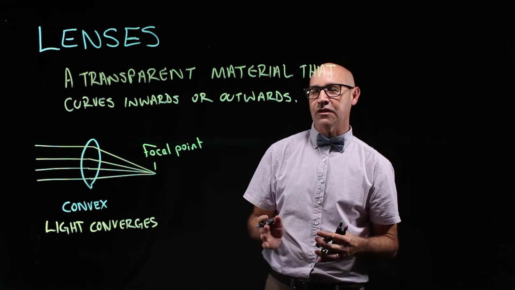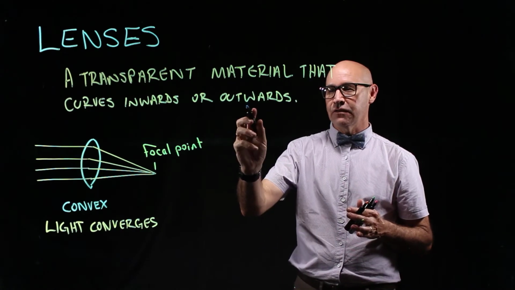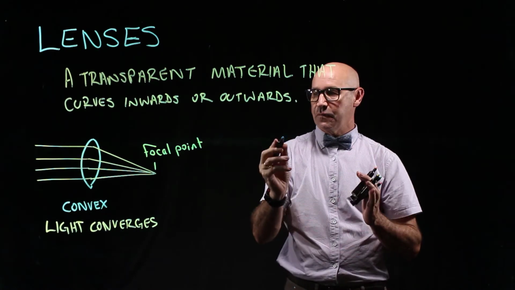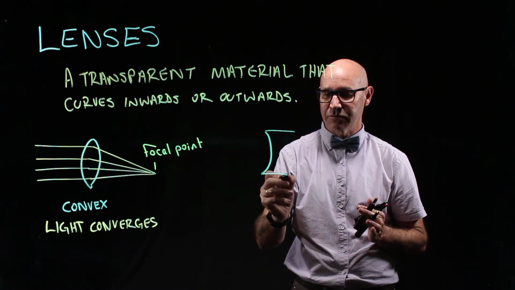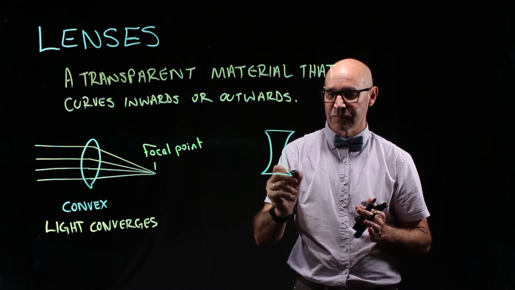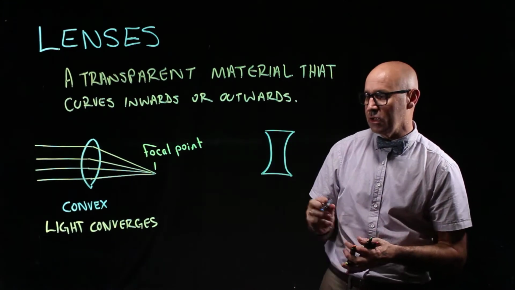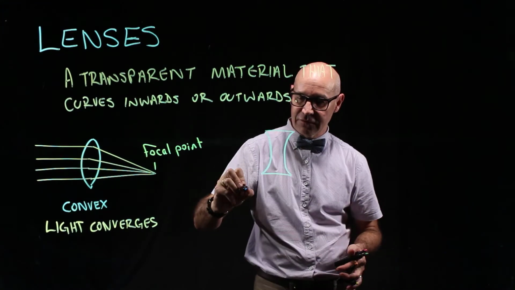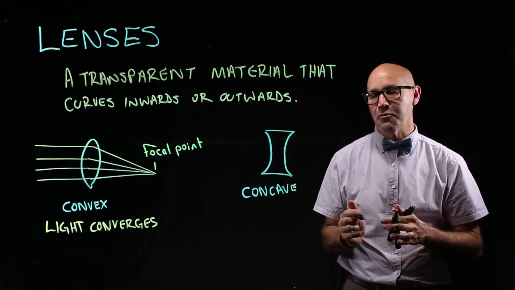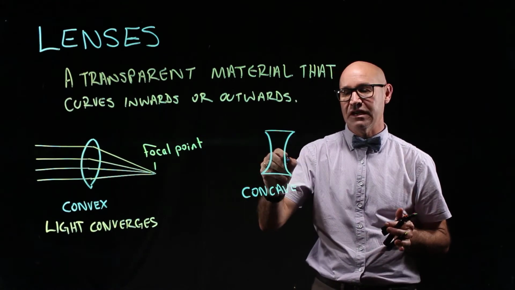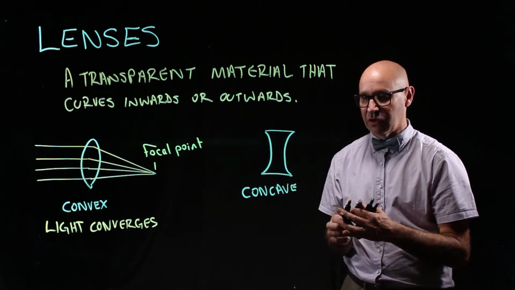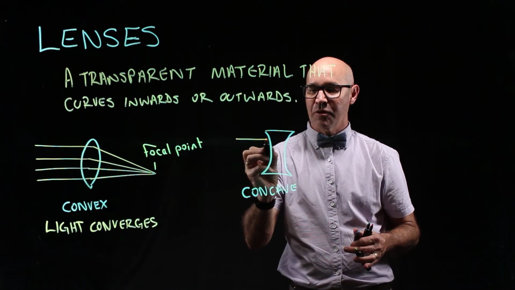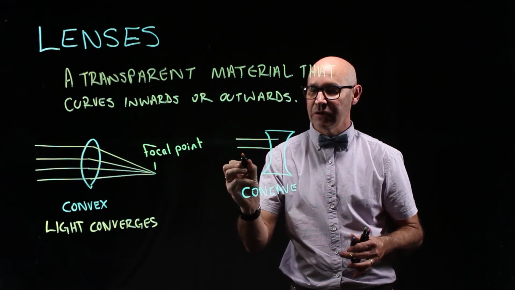So the opposite to that is where the lens curves inwards, and so it's thicker at the top and the bottom and it curves inwards in the middle. So that is what we call a concave lens. Concave is kind of easy to remember, I think, because you're kind of going into a cave. Let's have a look at what happens to the light. So again, we've got parallel incident rays going into it,